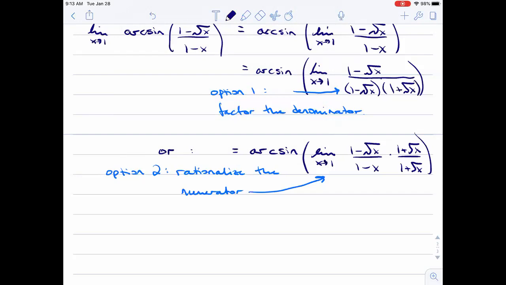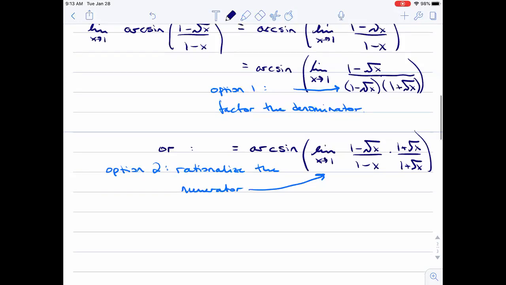Option 1 is kind of more obvious. We cancel the 1 minus root x with the 1 minus root x, so there's nothing really left to do there. It is quicker, because then we can just plug in. We have 1 over 1 plus root x as x approaches 1. We get 1 over 2. So that's easier to see. But if we keep going with this